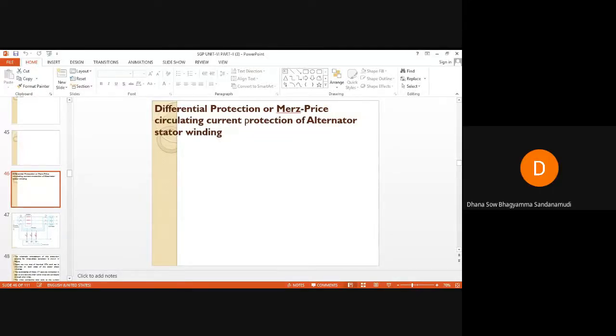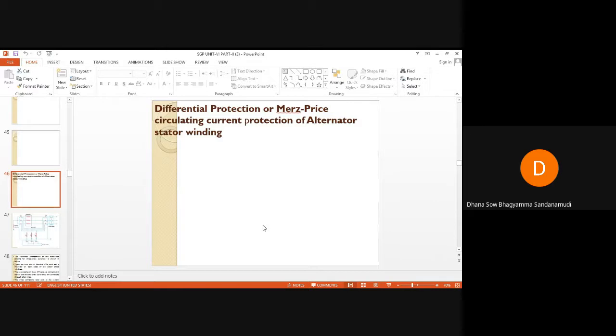We have already seen the differential protection. So we have seen percentage bias protection also in the earlier classes. We are discussing different types of relays. Same concept here, the only difference is that while discussing differential protection, we used only one winding,